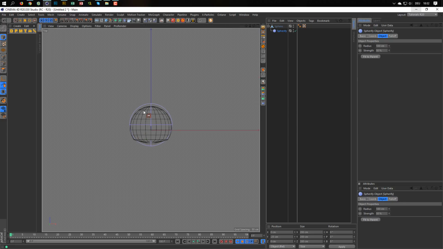You see it's not in the middle, so it's not centered. So I go to my spherifier, because I want the spherifier in exactly the same position as the sphere. Now the spherifier is child of the sphere, so I can say reset PSR, and it gets exactly the same coordinates like the sphere. So reset PSR, and now you see everything is centered here.